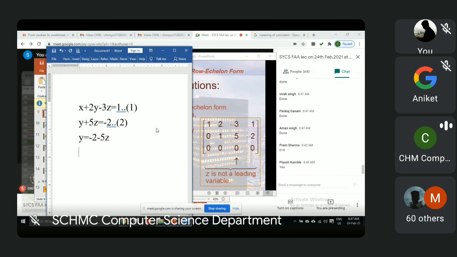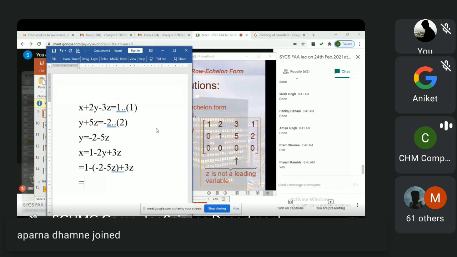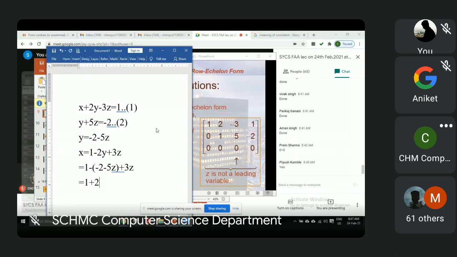Using this value of y, I'm writing x equal to 1 minus 2y plus 3z, which becomes 1 minus 2 times (minus 2 minus 5z) plus 3z. On simplification, I'm getting 1 plus 4 plus 10z plus 3z...